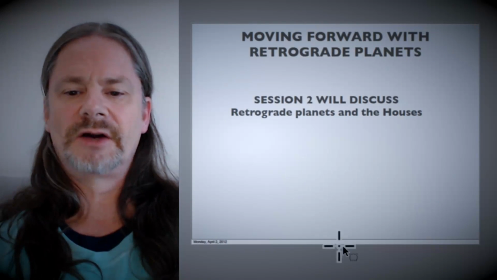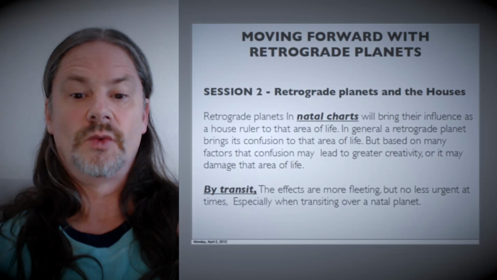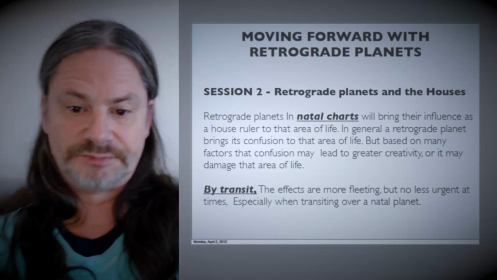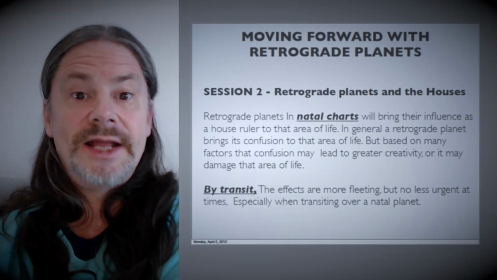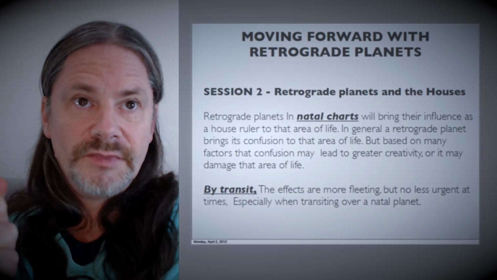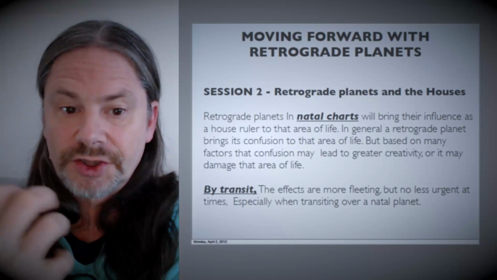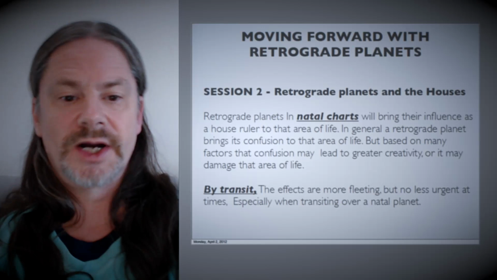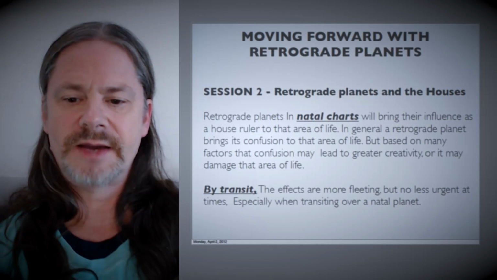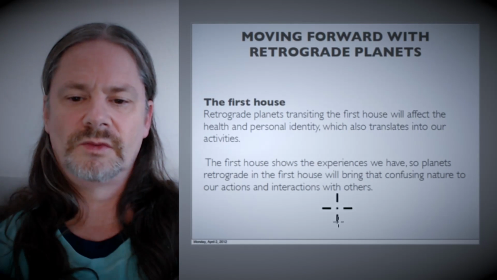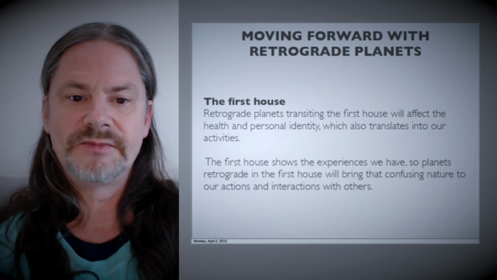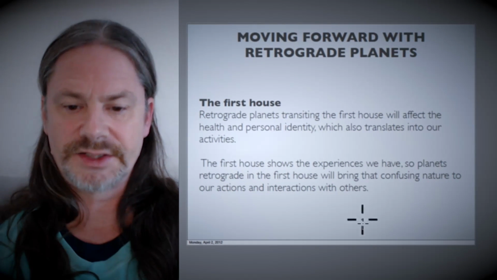And then I talk about retrograde planets and the houses when retrograde planets transit the houses. So again, this is in the sky, but again, if you have one of these planets setting up someplace in your natal chart, particularly one of the slower moving transits, then it's quite impactful. Like, for example, if you got a retrograde planet going through your 1st house, again, that's a big deal, right? That has a lot of impact.